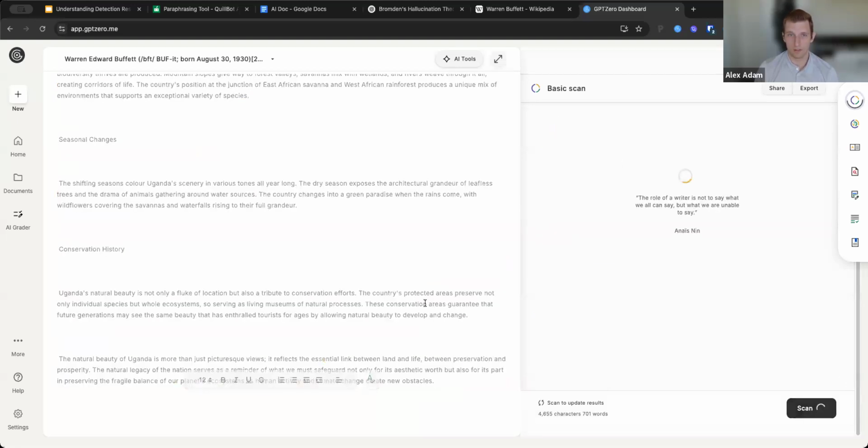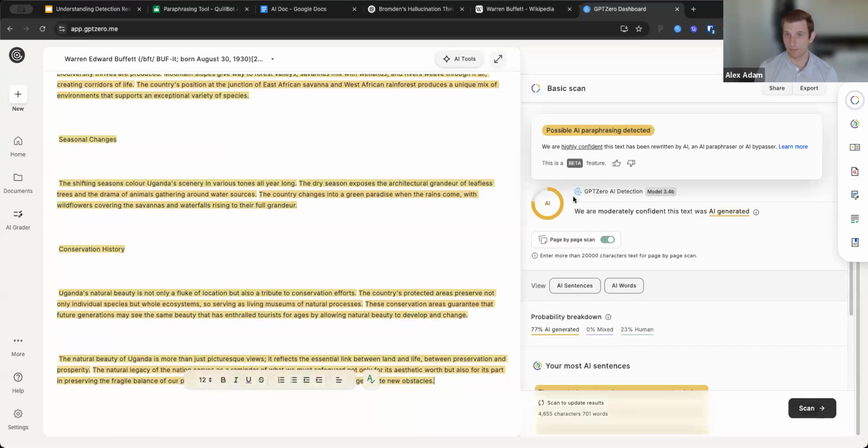And let's see if this works. Awesome. So now you'll notice that in the result, not only are we saying that it's AI, but we're also saying that there's a possibility that an AI paraphrasing tool was used. So we're able to have that level of granularity even on AI bypassers.